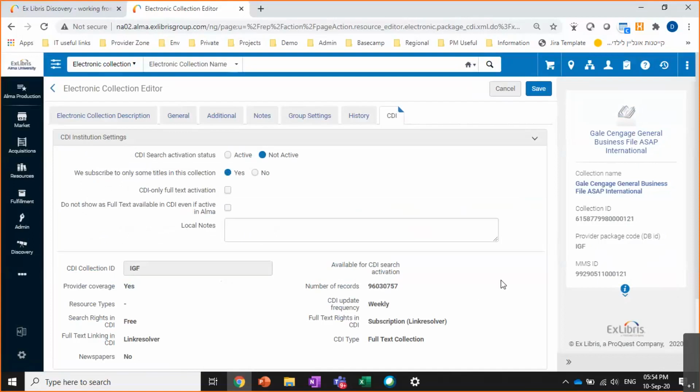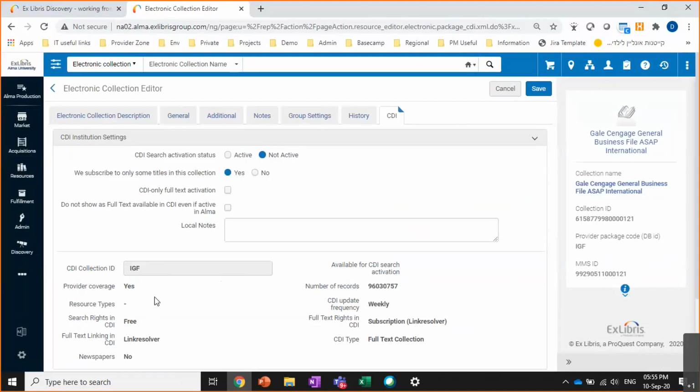And here you have all the attributes such as the collection ID, available for CDI search activation, the number of records in CDI, and a new attribute that we just added that is called provider coverage, meaning is the content of this collection provided directly from a provider, we ingest it directly from the provider, or is it, for example, through alternative coverage?